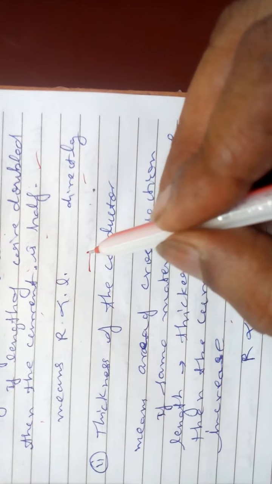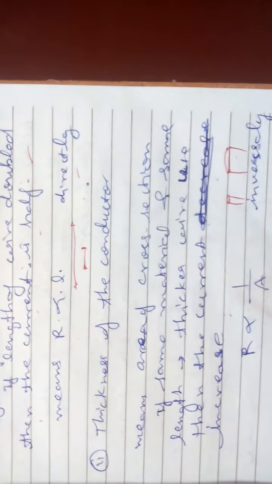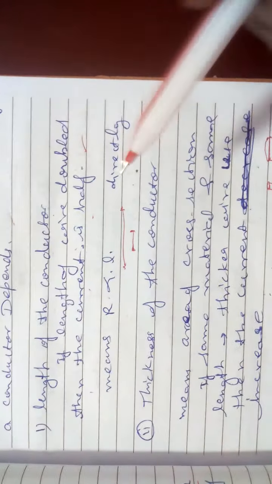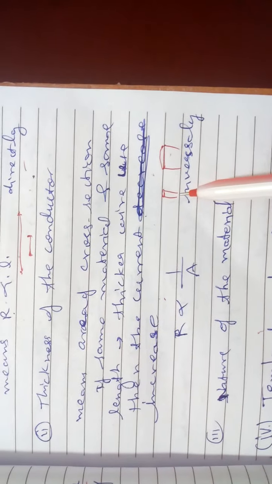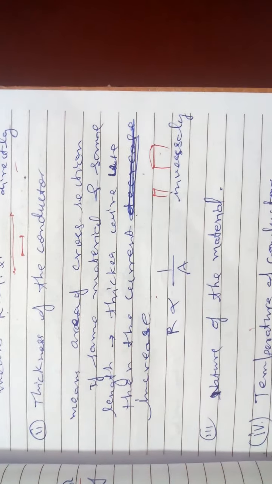Here the length was this and now the length is this, with the same wire, same thickness, same material, same temperature. Then it is directly proportional. When length increases, resistance will also increase, which means current will decrease. Here, when thickness is increased, the current will increase, which means the resistance is decreasing. Who is stopping the current? The resistance does not allow the electrons to flow. So that's why it is inversely proportional to the area of cross section.